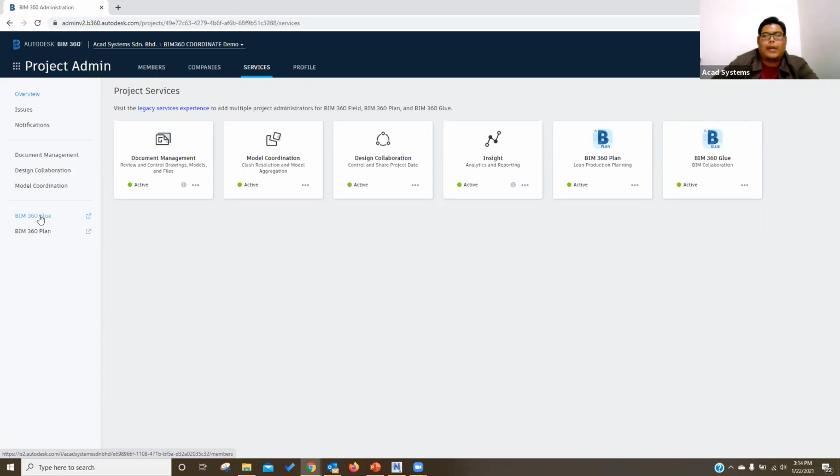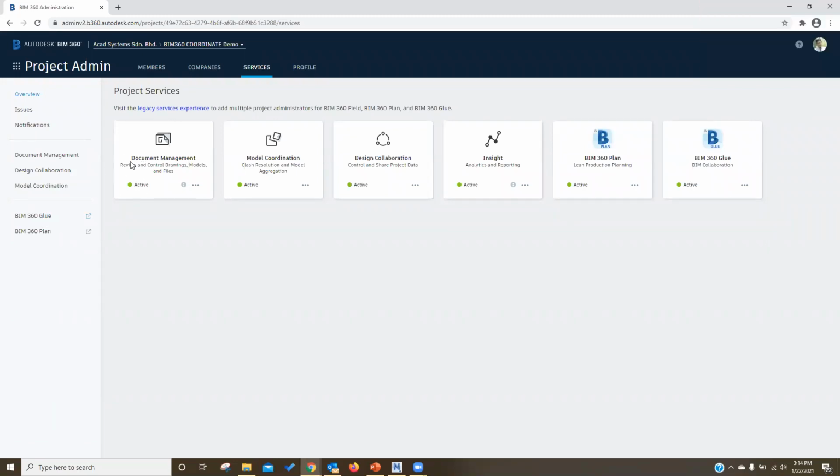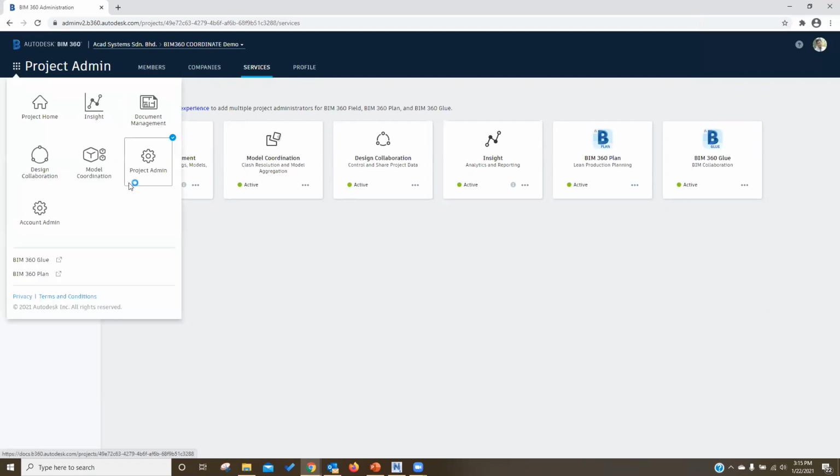So what is the difference? The difference is when you are using BIM 360 Glue, the data that you store is located separately. It's not located in document management. It means it's not centralized or unified. It's on a separate server. It means you just run the Glue features with different sets of drawings as compared to drawings that you uploaded in the document management. Okay, and once you enable all the services,